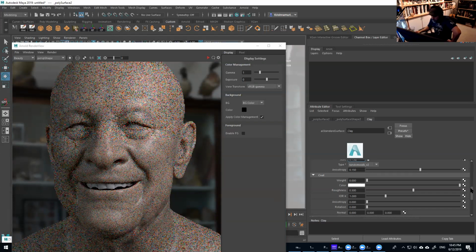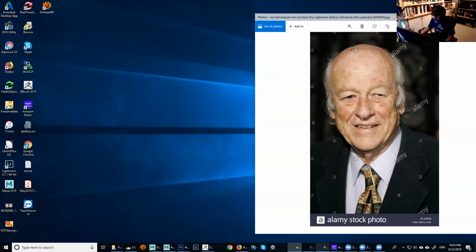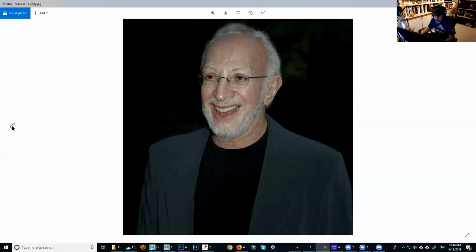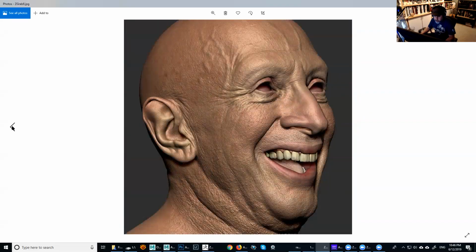I didn't use it for the skin that much before, but for these latest renders I started doing, all of them I'm using coat as a secondary specular. So the spec you get in those areas. Let's see if I can go back maybe one here, like forehead. Let's see if I have one.